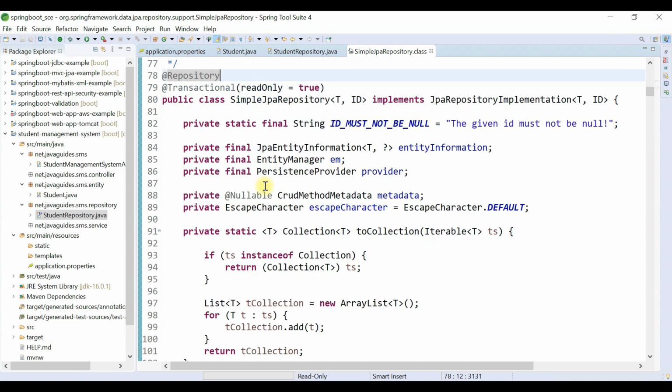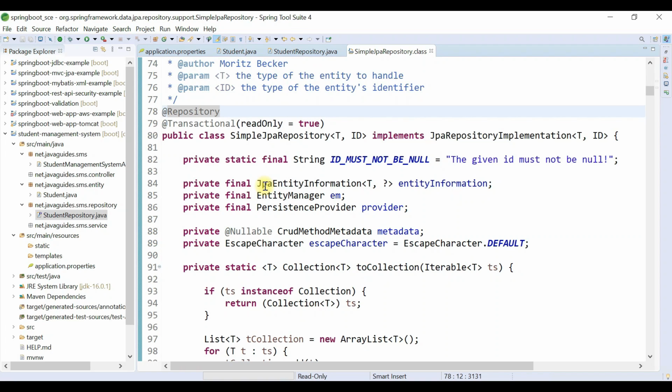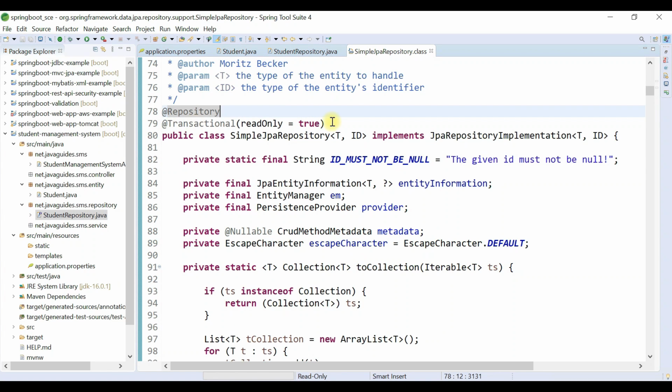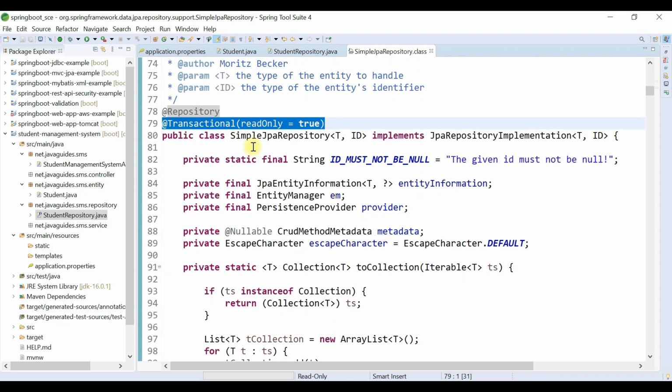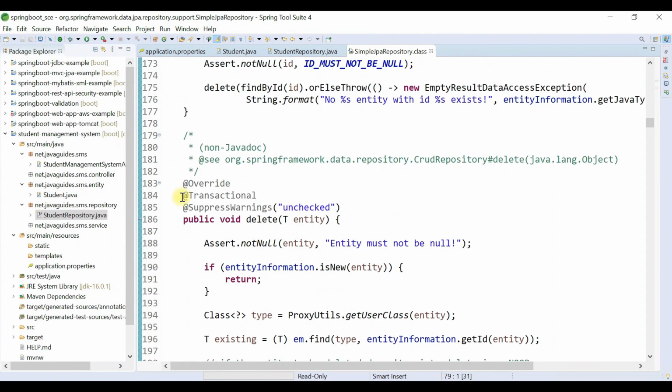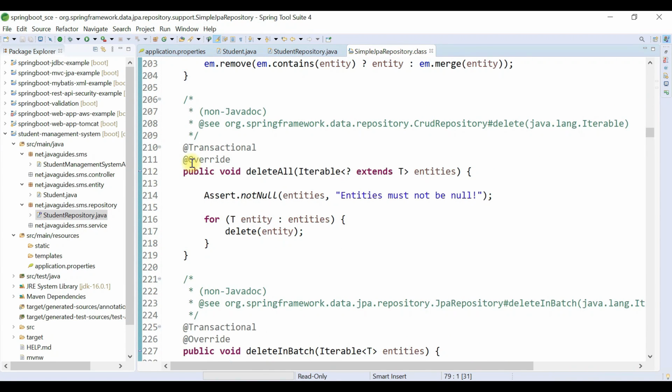And again, one more important point is that the JpaRepository interface by default provides a transaction for all its methods. For example, SimpleJpaRepository is the default implementation class of the JpaRepository interface, right? And it is annotated with the @Transactional annotation. And if you look at its methods, all the methods are transactional by default, because look here, @Transactional annotations are added to all its public methods.